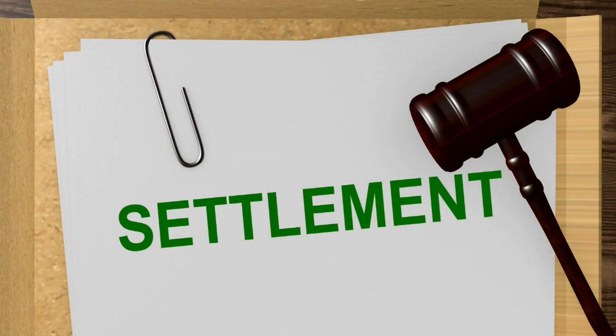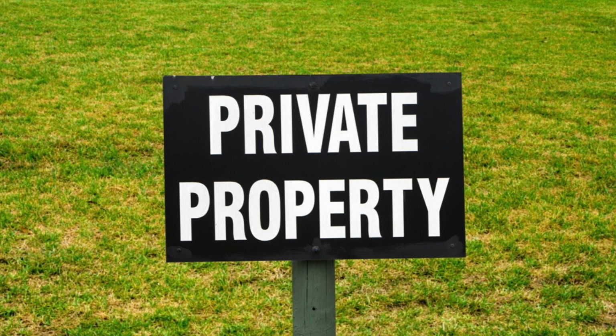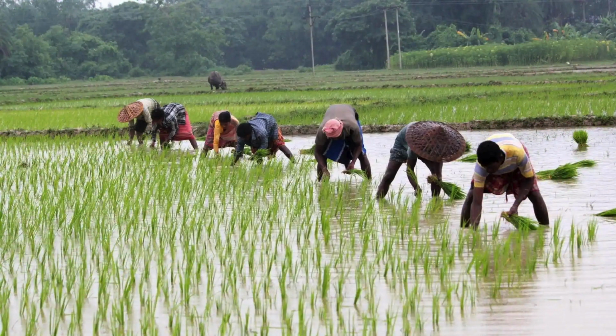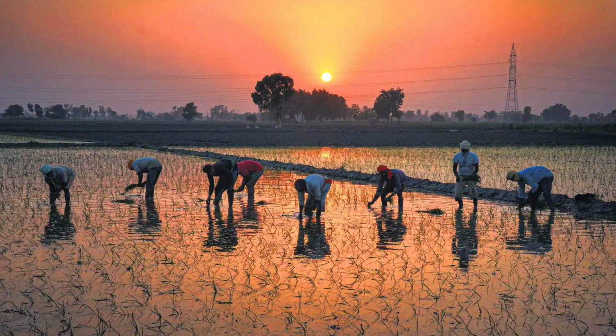Under the terms of the settlement, they had henceforth to make a fixed payment to the government of the East India Company. Thus, for the first time, land ceased to be owned by the community. Second, it became a part of private property. Third, there emerged an intermediary in the form of Jagirdar between the tenant and the government. This was a watershed in the history of the agrarian system.